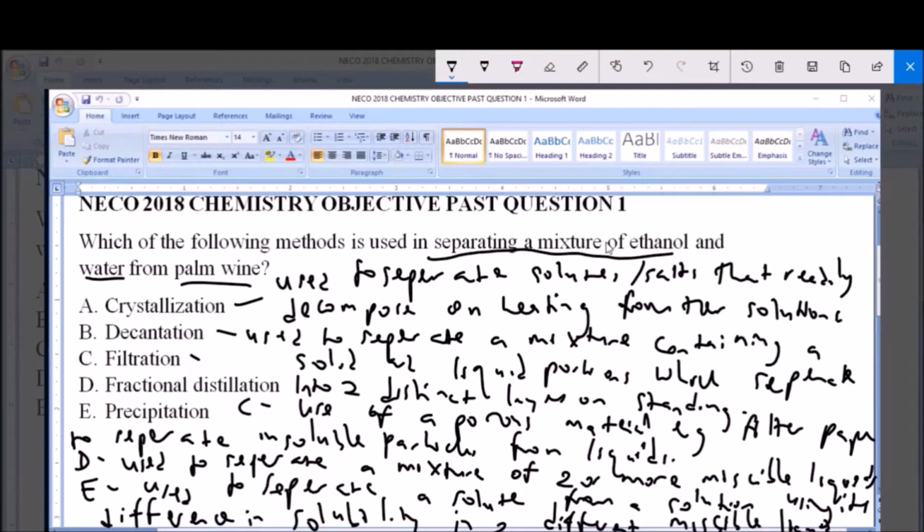Ethanol and water are miscible liquids. So the separation technique we described that can be used to separate a mixture of miscible liquids is option D, fractional distillation, used to separate a mixture of two or more miscible liquids. So option D, fractional distillation, is the best method that can be employed in separating a mixture of ethanol and